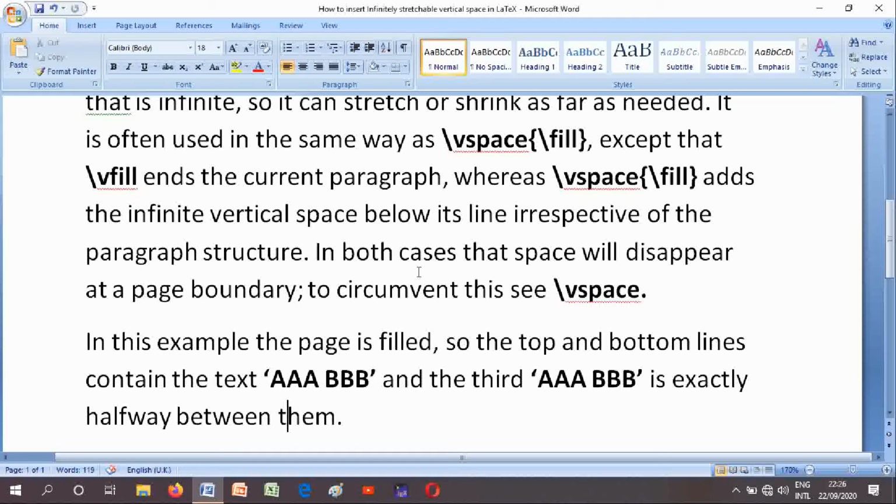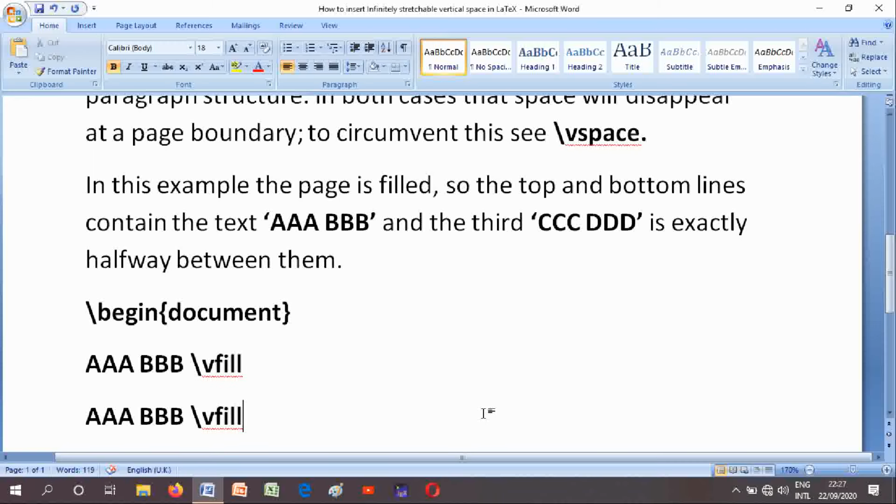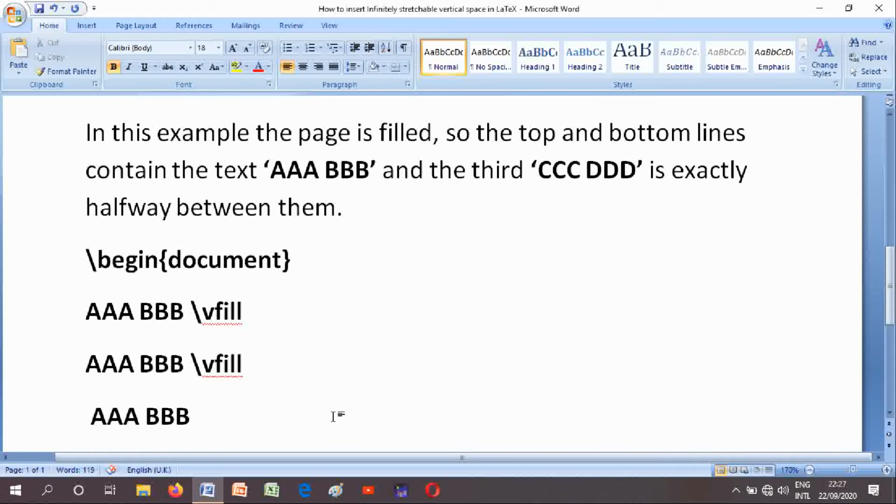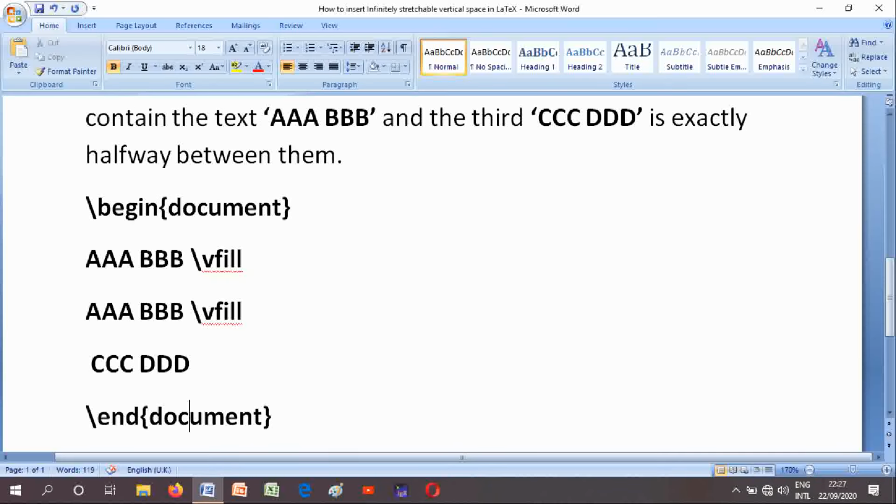In this example, the page is filled, so the top and bottom lines contain the text AABB, and the third is AABB, and here we'll change it: CC DD is exactly halfway between them. \begin{document} AABB \vfill AABB, and third is CC DD. \end{document}